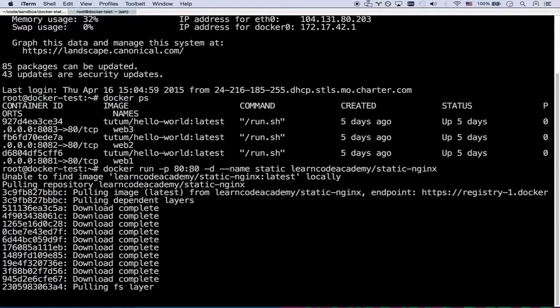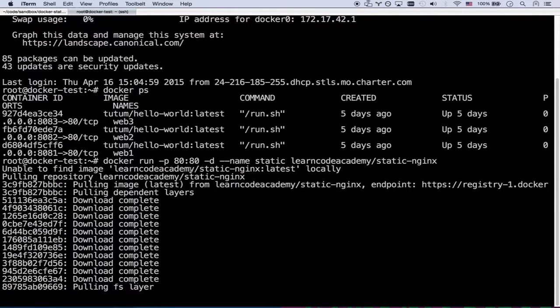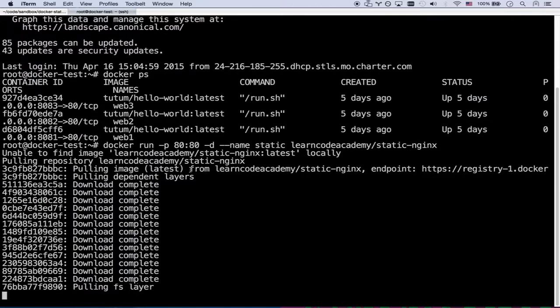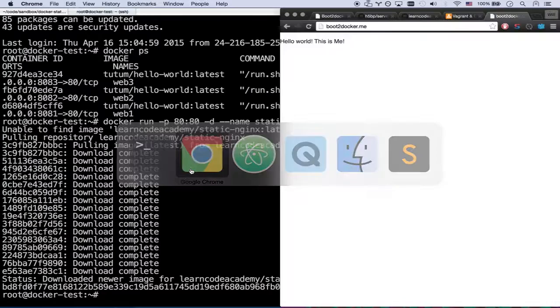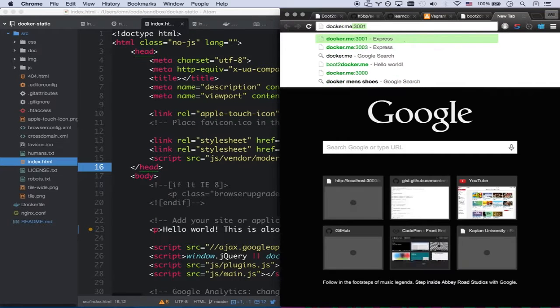I didn't have to install nginx on my server. I didn't have to install Apache on my web server. Absolutely nothing is installed. I'm just running my image as a container. Okay, there we go. Let's see what the site looks like. And there you go. There's my fully deployed website. I can run this image on staging, production, anywhere and everywhere. And so that's kind of my first Docker build. It's not too much harder to build something for a Node.js app or